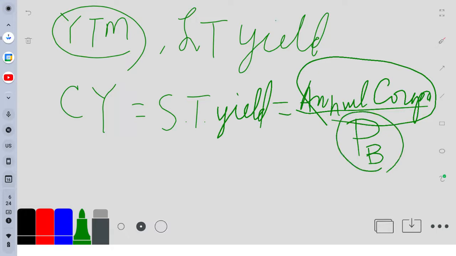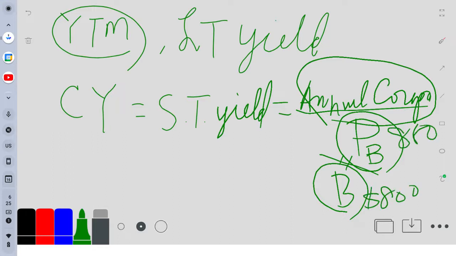And this price is the market price, because no matter what the intrinsic value is, it may be the same thing or a completely different number. I mean, it will be mostly the same number, but slightly different. Let's say the intrinsic value, or the rational price, is $800, but the market price is $850 or $900. No matter what the fair value is, it doesn't matter. You have to pay the market price to buy that bond, right?